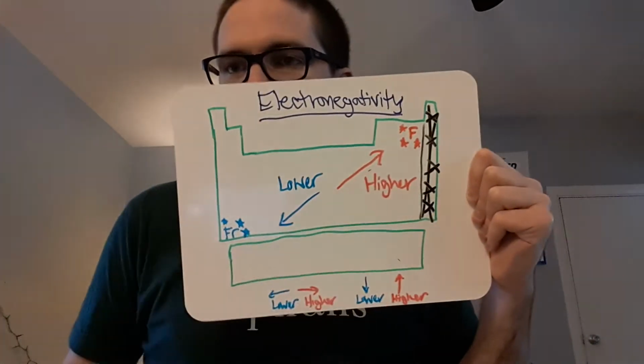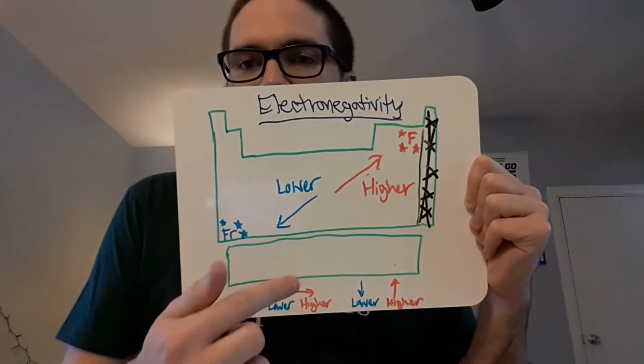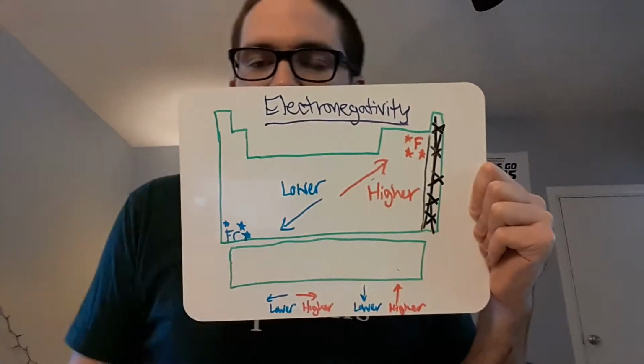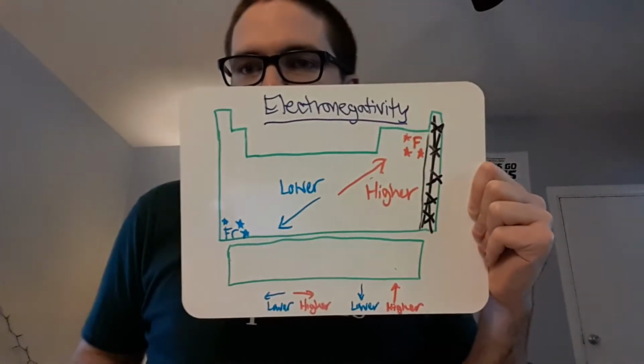Fluorine is your highest at about 3.98. So you get higher as you go to the right side, and you get higher as you go up. Your value gets higher as you go up. The one exception, which I've crossed off here, is the noble